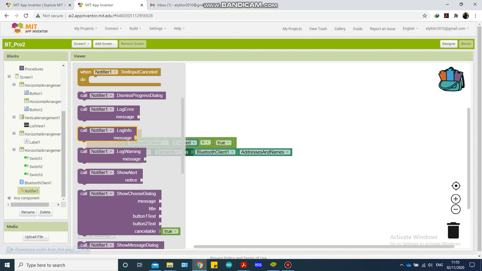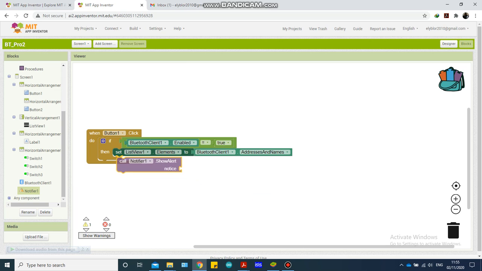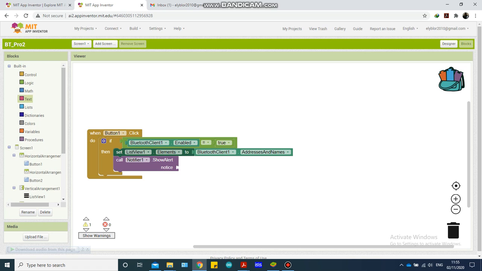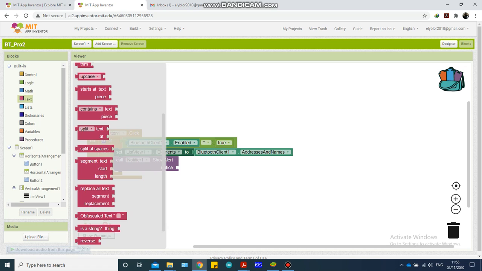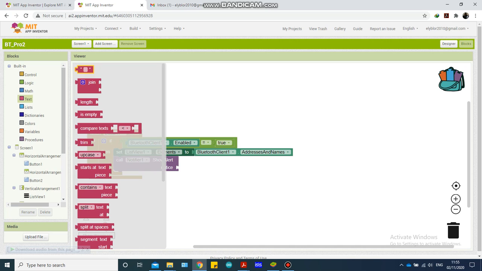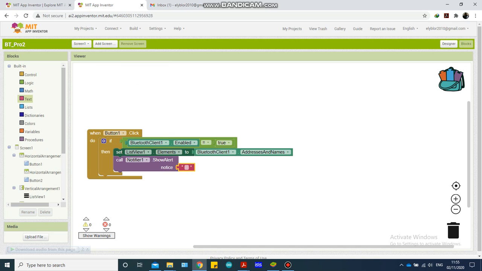We call notifier for a message, show alert message. Okay, what are we going to say? We're going to say we need a string here. We're gonna get the string under the text. Okay, we need a string here, it's text, and we type inside